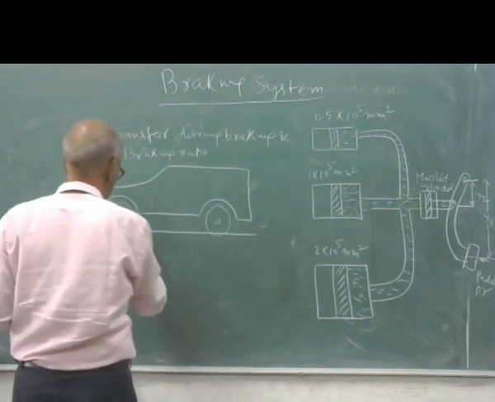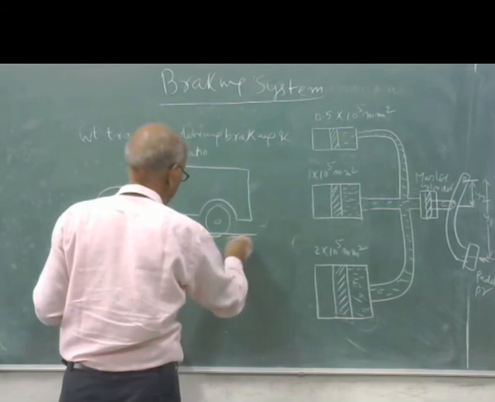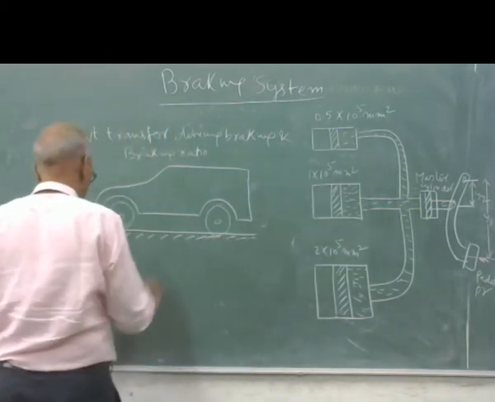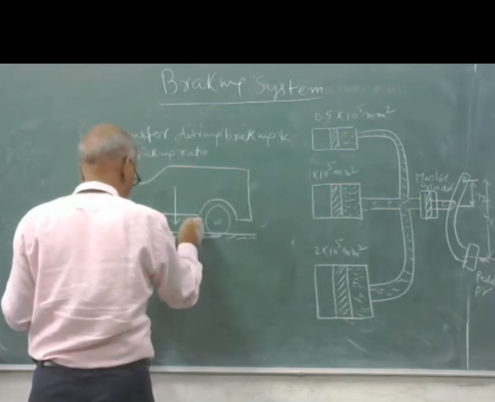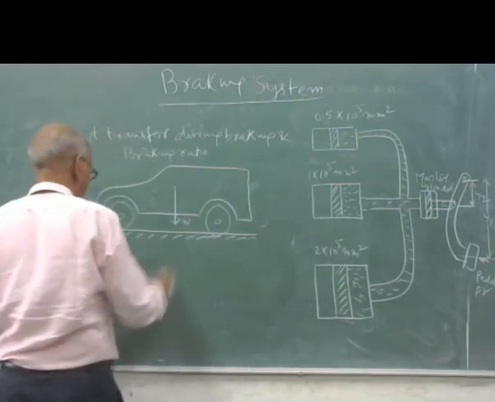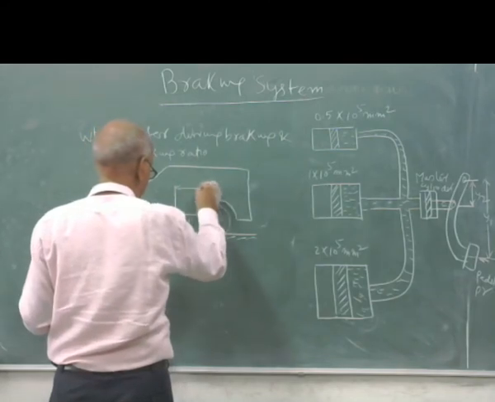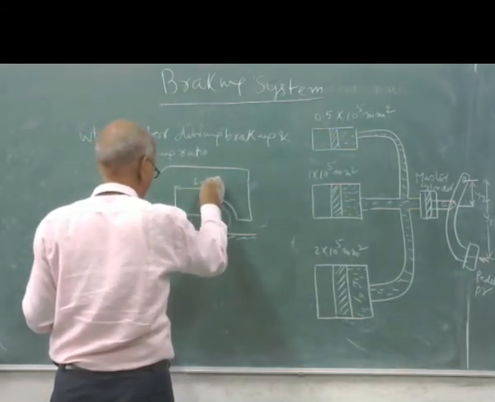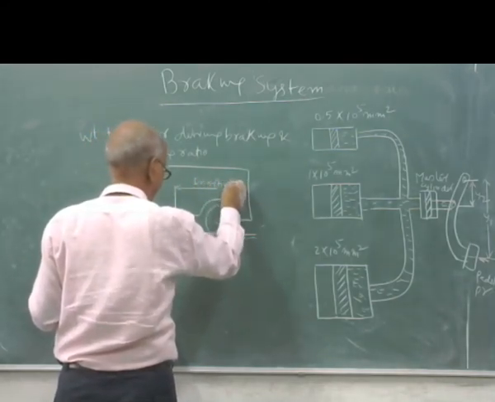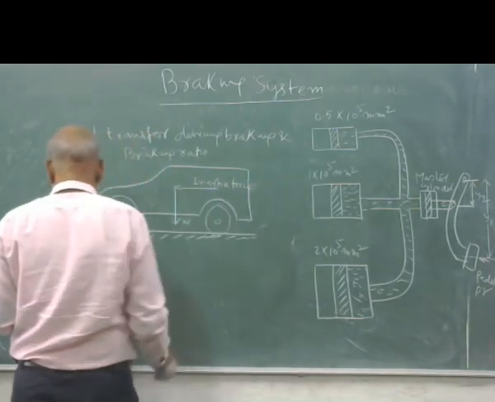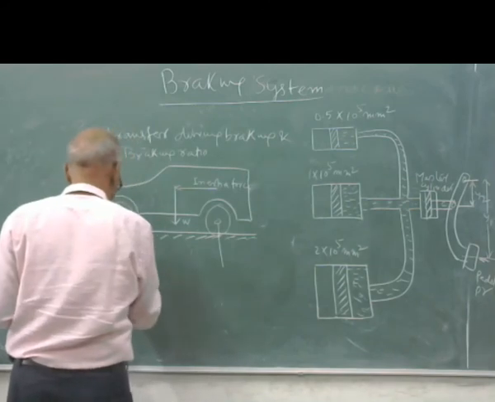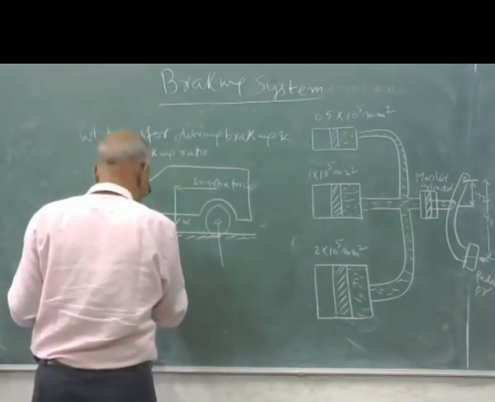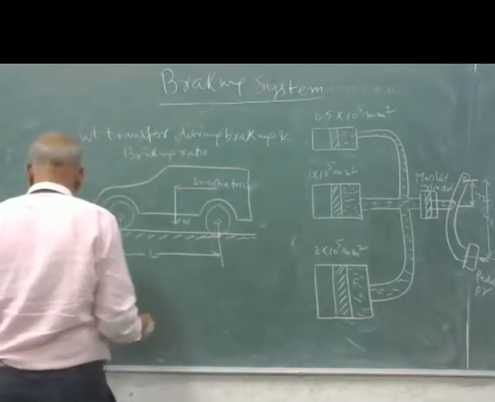This is a rough picture of a vehicle traveling on the road. I have made it. CG is somewhere here. So W, the weight, will always work downward, and the inertia force will always be here. This is the distance between the two wheels, that is L length.